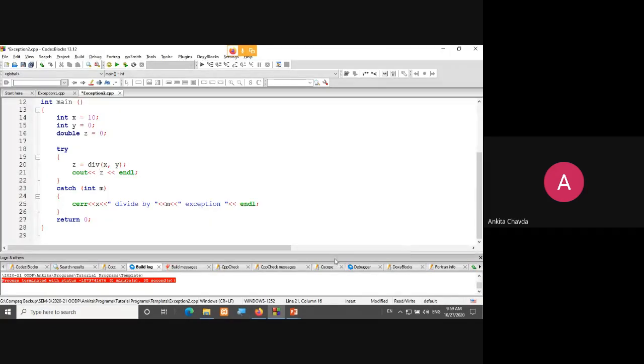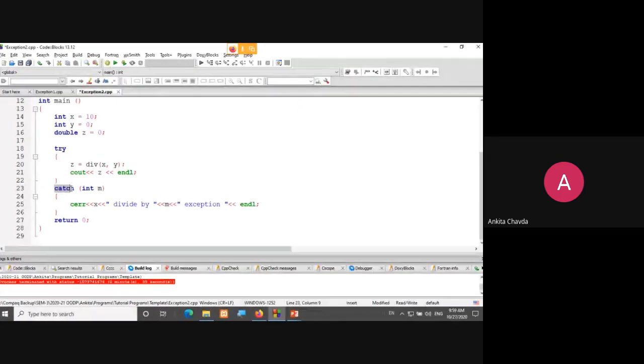So let's check the output. Suppose the error occurs here, then it will directly go to the catch, because the problem occurred. Here is the catch, which has an integer m value, and the error message will be printed by cerr. You can even write cout and it will be totally fine.